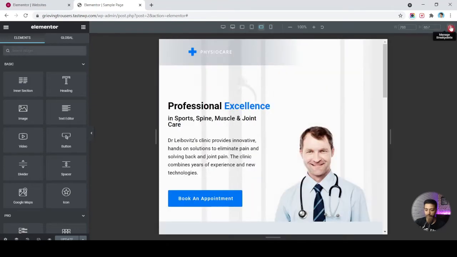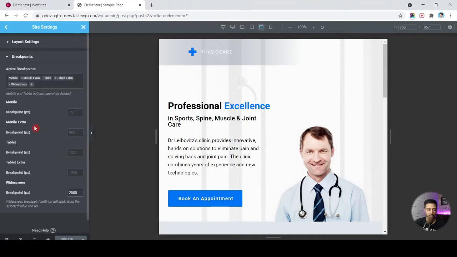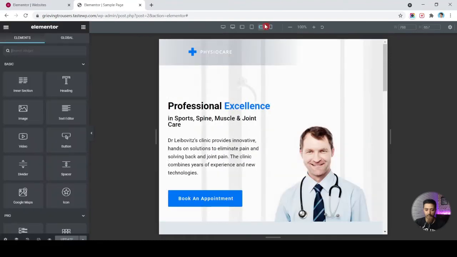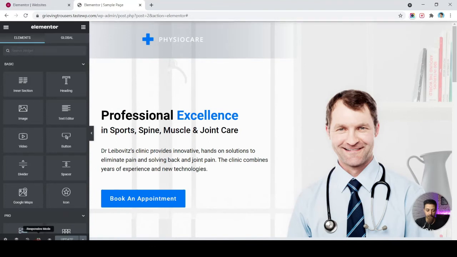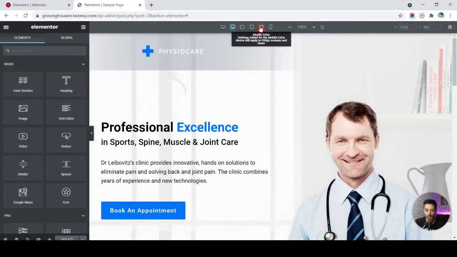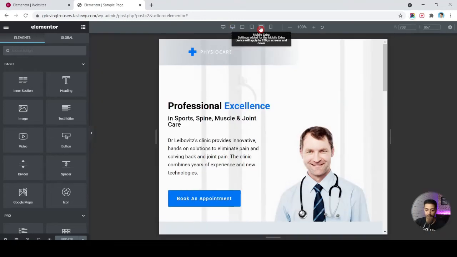So if we click on this manage breakpoint icon here, we have the mobile extra breakpoint, and right now it shows 880 pixels. So we can go ahead and change that as well. So let's enter 950, and then we will click on update. So let's go back to our editor. Now as we mouse over, it still says 880 pixels, and to refresh that, I think we need to refresh the page again. Alright, so we are back. Let's go to responsive mode, and in our mobile extra, now we see the value of mobile extra as 950 pixels. So if we click on that, here we can go ahead and change that as well.